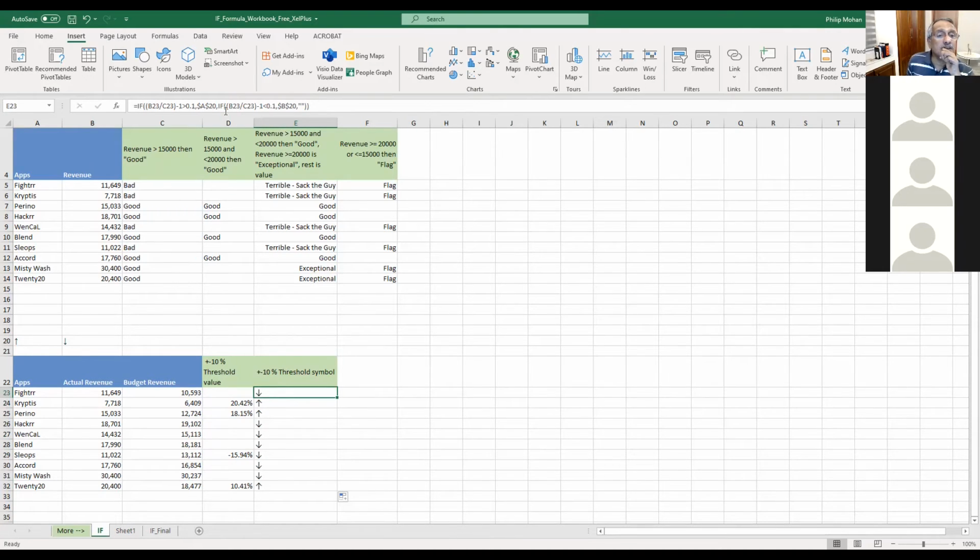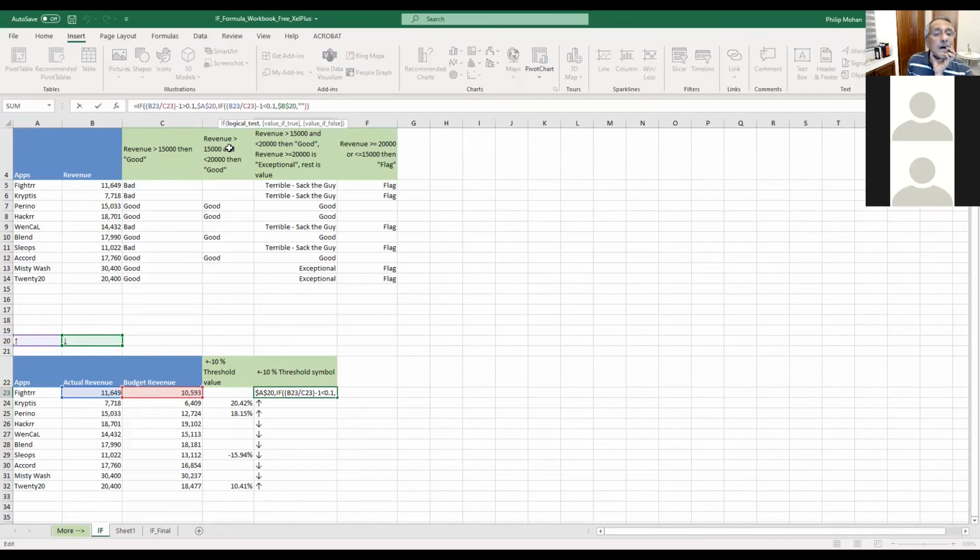But if it's not, then it can be either below and positive or below and negative, right? If it's above 10, then it's already covered here. So then I'm saying if it's less than minus 10%, then you put this arrow. Otherwise, it should be this. It should be good. Let me see what's wrong.